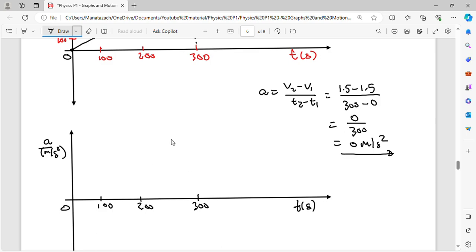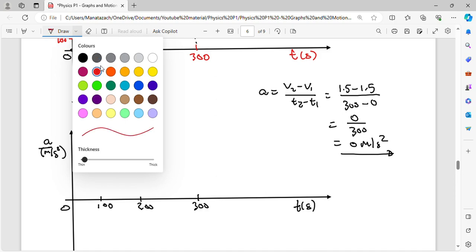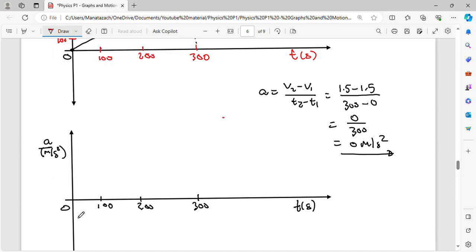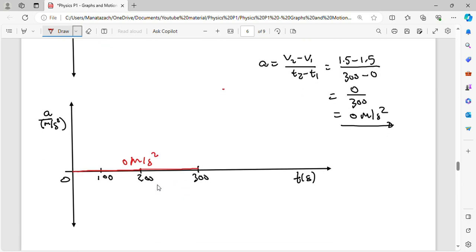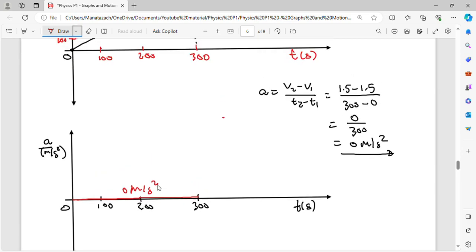Let's plot it, even though one may not see a need to plot it, but let's just demonstrate that we understand that the acceleration would be 0. The girl won't be accelerating for 300 seconds. You can just write there, that's the acceleration. Okay, we've come to the end of our part A, actually, on the position time, velocity time,